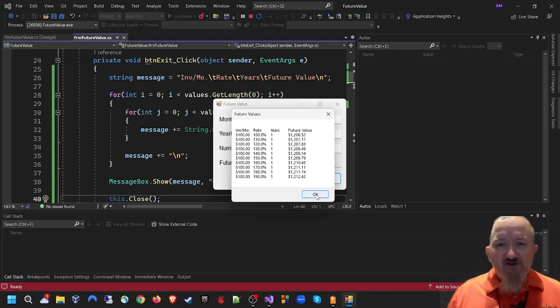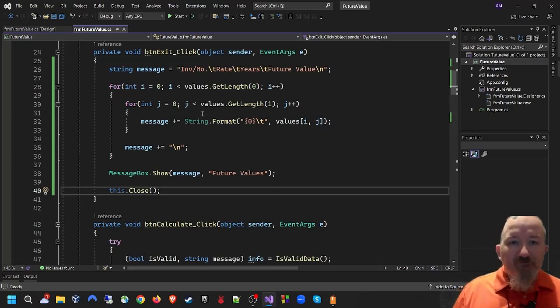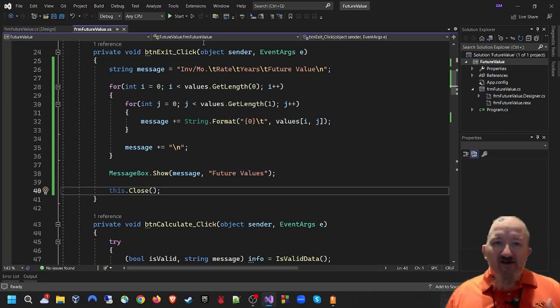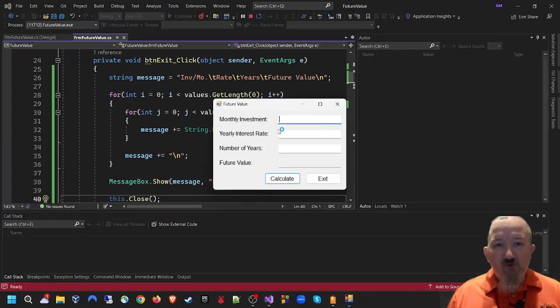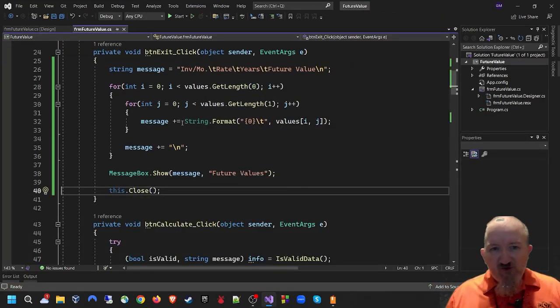One thing that I noticed here, just kind of interesting to me, but we can go ahead and fix this. We'll fix a couple of things here. The first thing that I noticed is that whenever I did it with just 3 values, and I'll do it with 1 again, we'll just say 100, 1, 1, and I calculate that. Whenever I exit, I get all of this white space down there. So the way that I'm going to fix that